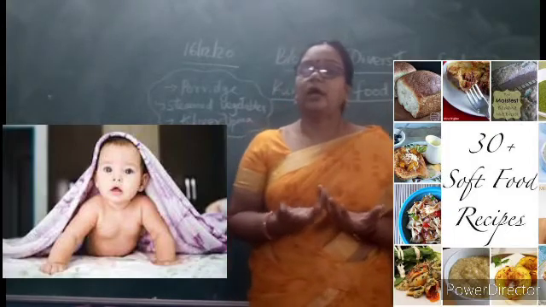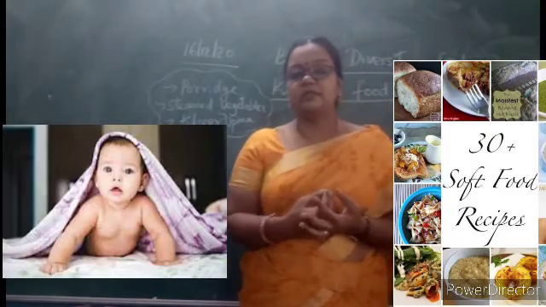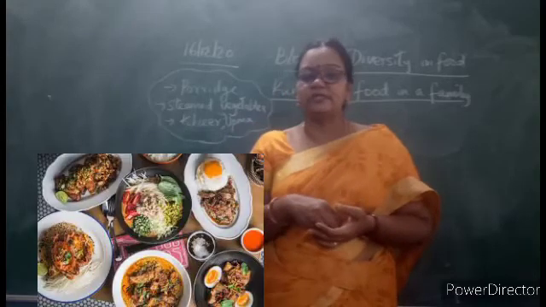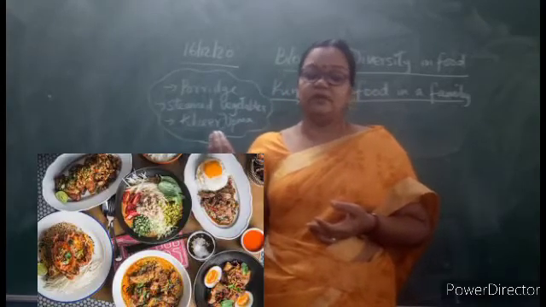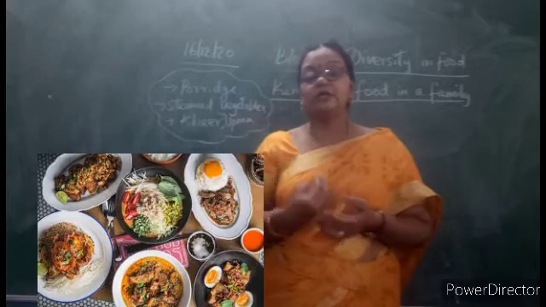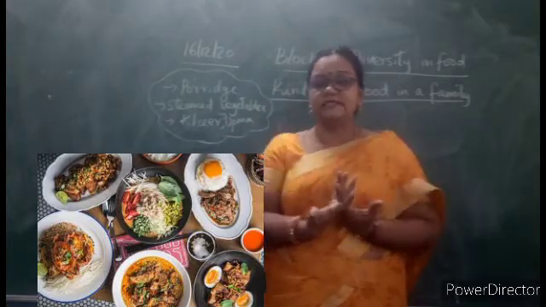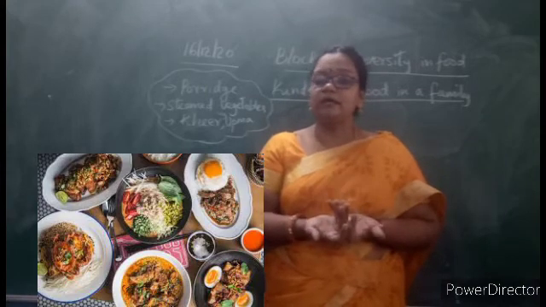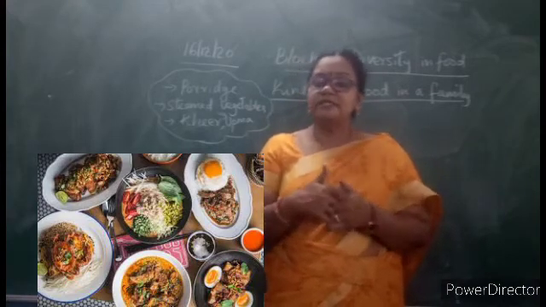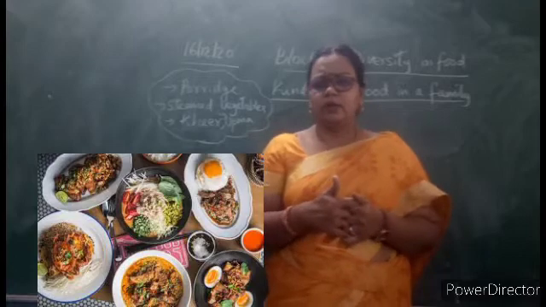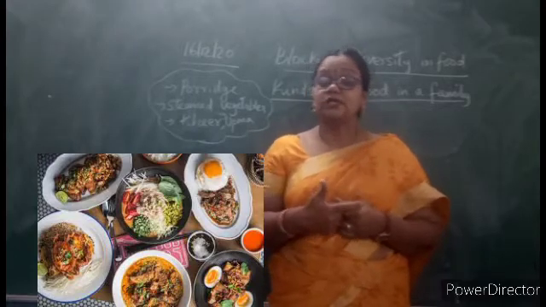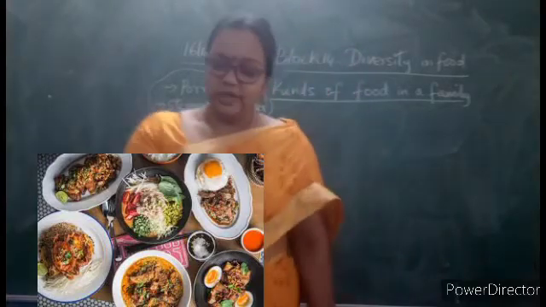Also, the food we eat has to get digested. We learned about this in the digestive system lesson. So it has to be easily digested, it should suit our body. Which suits our body and can be digested easily as per our age, accordingly we eat. If the same adult is sick, he won't eat the food he eats regularly. So that is going to be our today's learning, children.